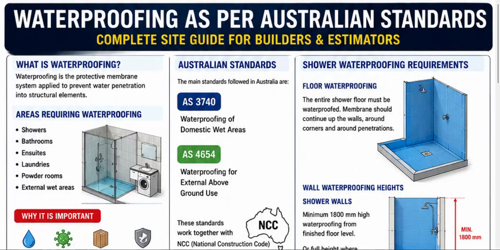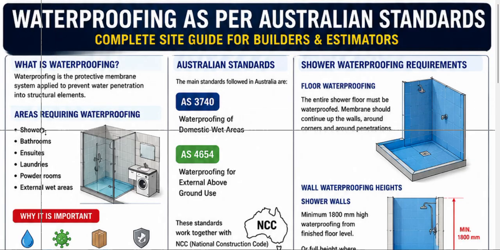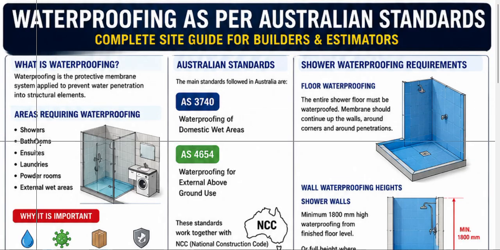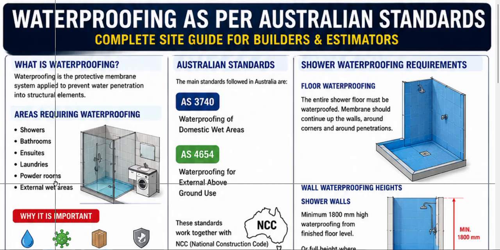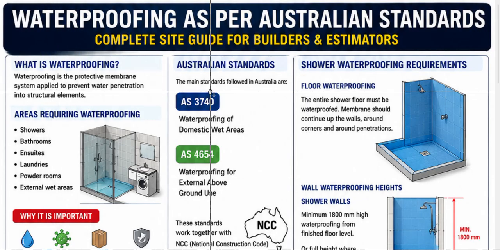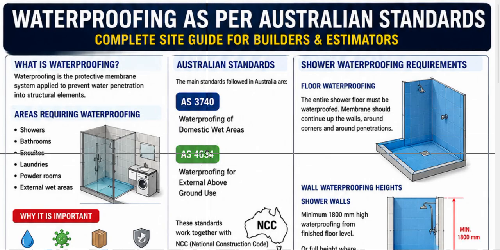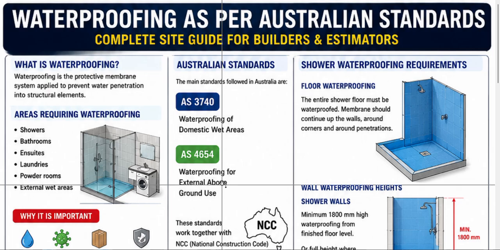Hello, estimators. On demand, today we are going to do the waterproofing as per Australian standards. As you know, waterproofing is the protective membrane generally used in showers, bathrooms, ensuites and laundries and powder rooms and all of that, or any external wet areas. The code for this is 3740 for the domestic wet areas and 4654 for waterproofing the external above